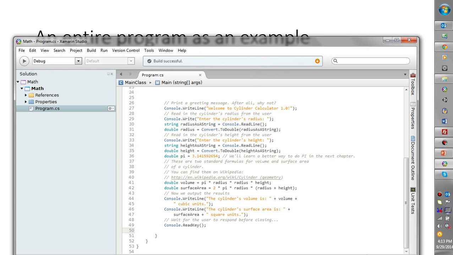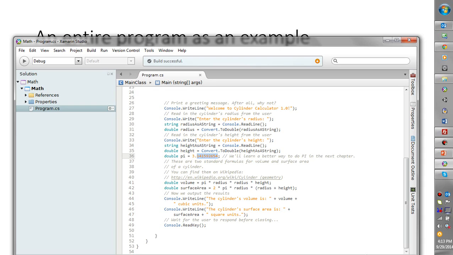Well, we did a ReadLine here. This ReadLine got assigned into this thing called radiusAsString. From there, we did Convert.ToDouble and put radiusAsString into the parameter. Then we read in the height as a string, and convert that to a double. Here we used pi, which is